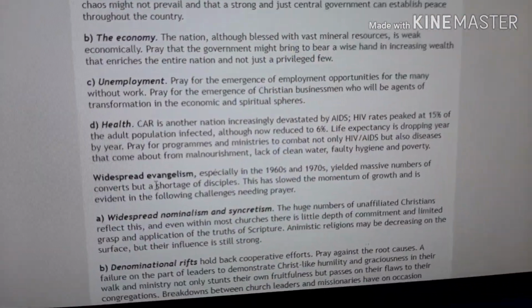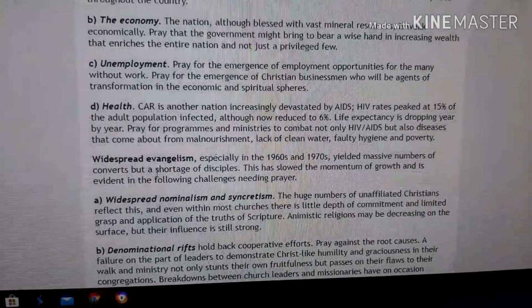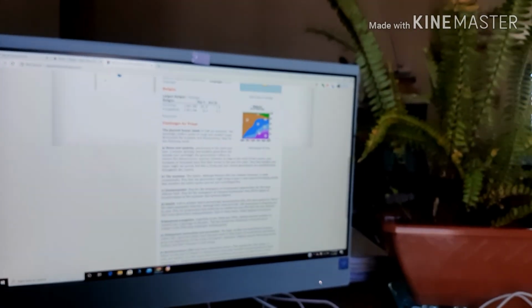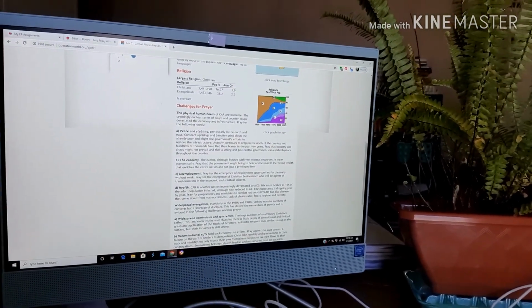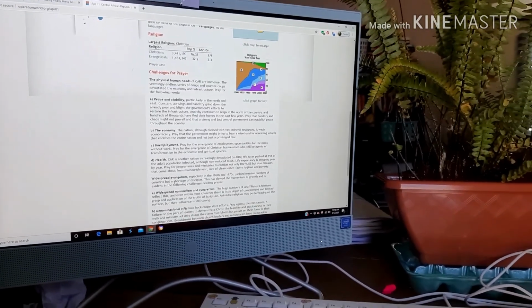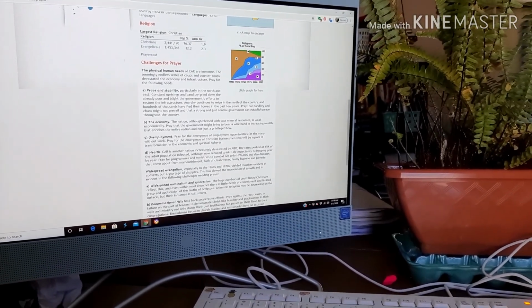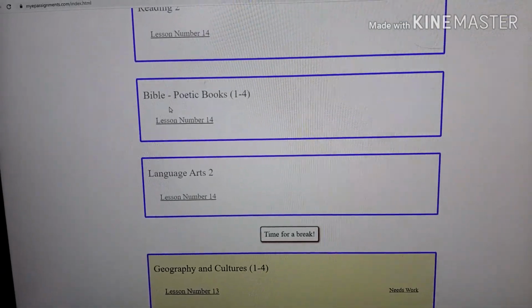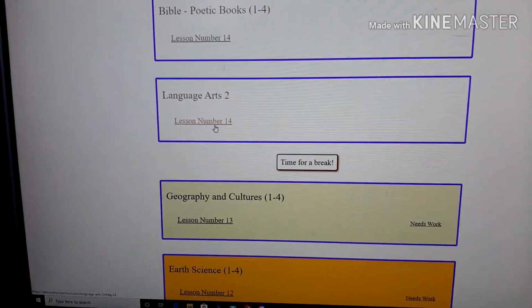And this is very good for them to think that, yes, we are here, we have the house, but not everyone is in the position that we are, and we have to think of those who are in those places, and so God can help them deliver the message to everyone. So I like this part a lot. So she did the Bible that they told her to pray, and the language arts, what she had to do,